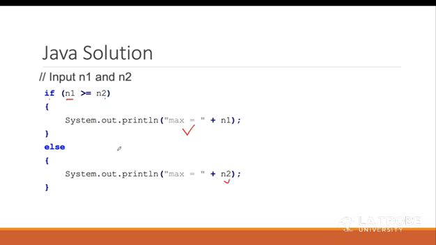So we don't need to write the same condition again here, right? Because we did it when we used just the if condition. We had if n1 is greater than or equal to n2, print this. If n2 is greater than n1, print this. So instead of writing two different conditions, we can use else, and this statement will get executed if this is not right.